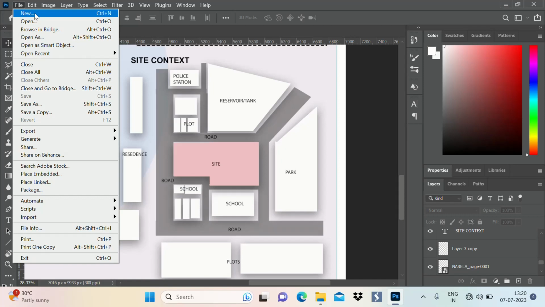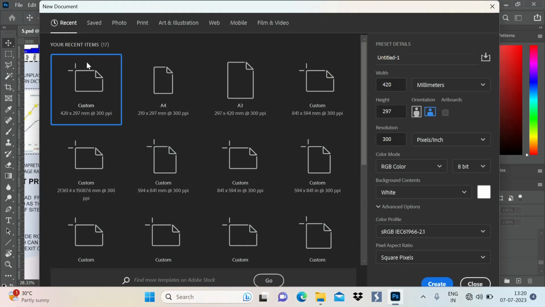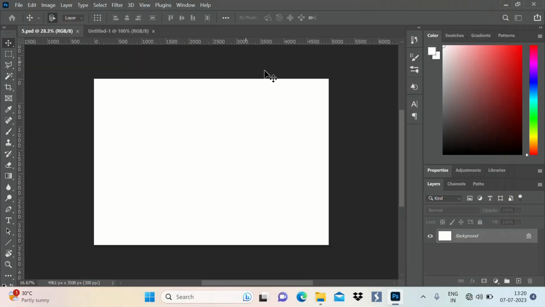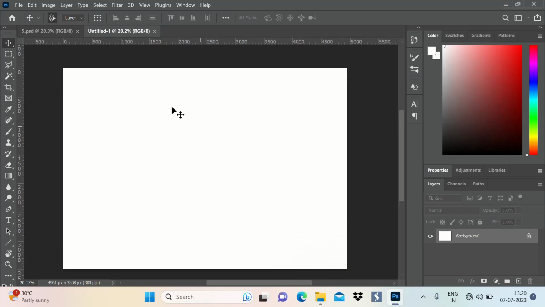For creating a new sheet in Photoshop, we have to press Control N, or you can also open a file like this. After opening, I am just taking an A3 sheet size in this orientation. Make sure your resolution is 300 pixels per inch, and then create. After creating a sheet, we have to just